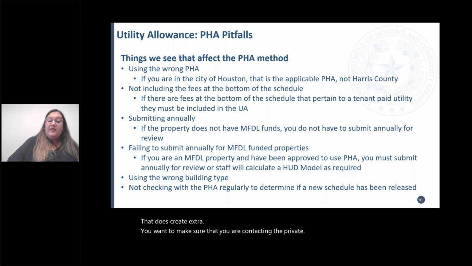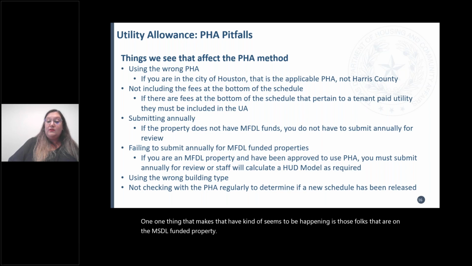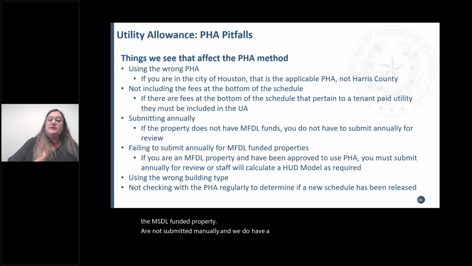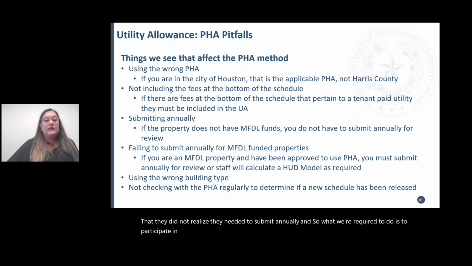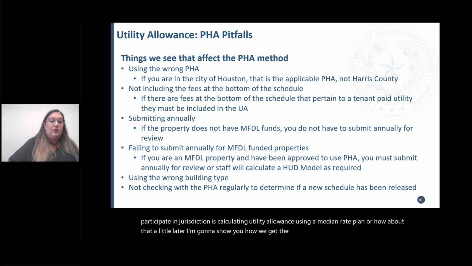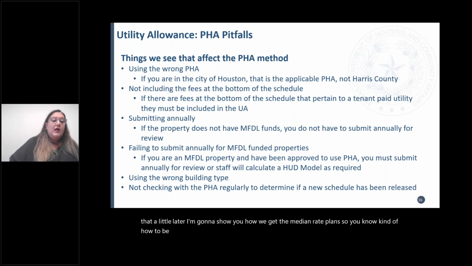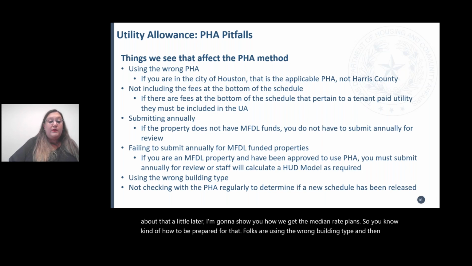One thing that has seemed to be happening is those folks that are on the MFDL funded properties are not submitting annually. And we do have a couple that did not realize they needed to submit annually. And so what we're required to do as the participating jurisdiction is calculate a utility allowance using a median rate plan. We're going to talk about that a little later. I'm going to show you how we get the median rate plan so you know how to be prepared for that. Folks are using the wrong building type,